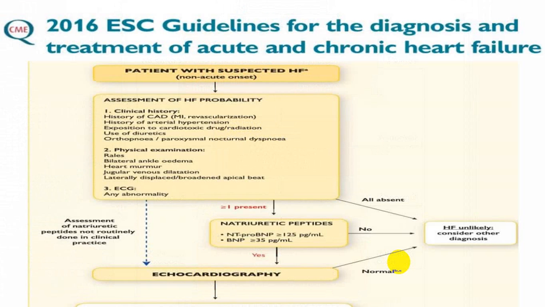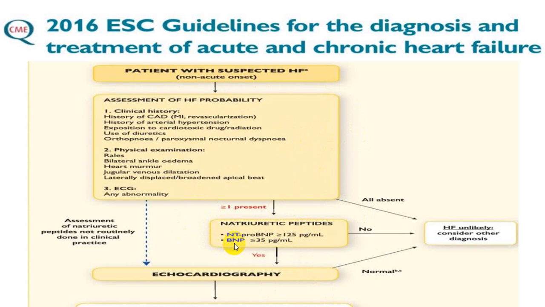So same thing is mentioned here. First, by good history and good physical examination and ECG, you try to confirm the diagnosis of congestive heart failure, and also you can identify the stages depending upon a good history and good examination. Then you can confirm further by doing N-terminal BNP if it is more than 125,